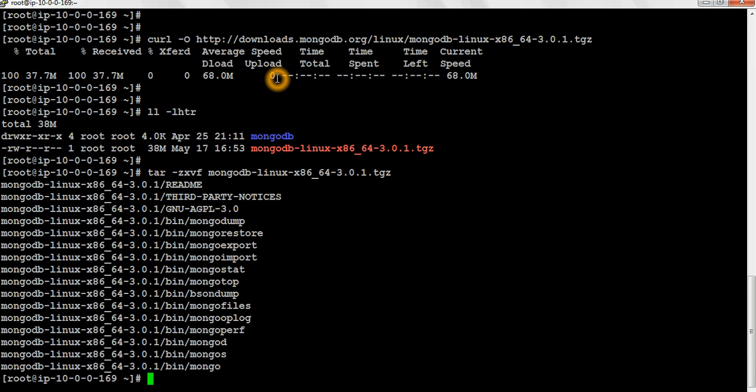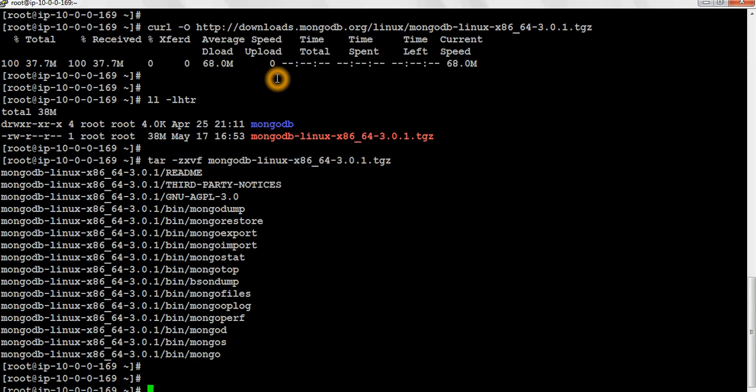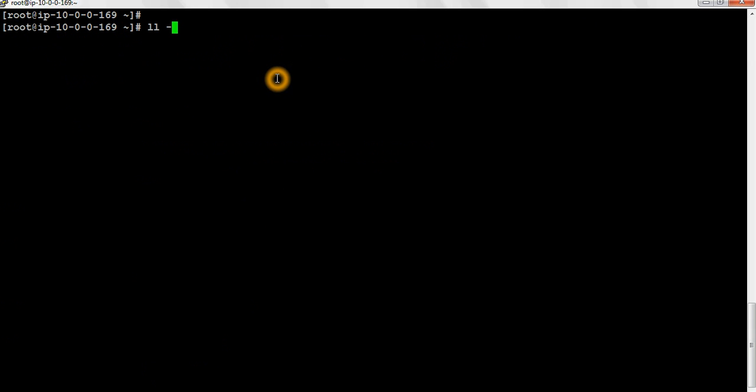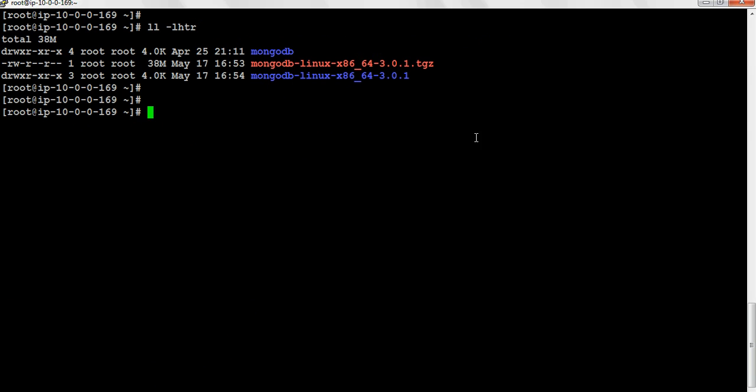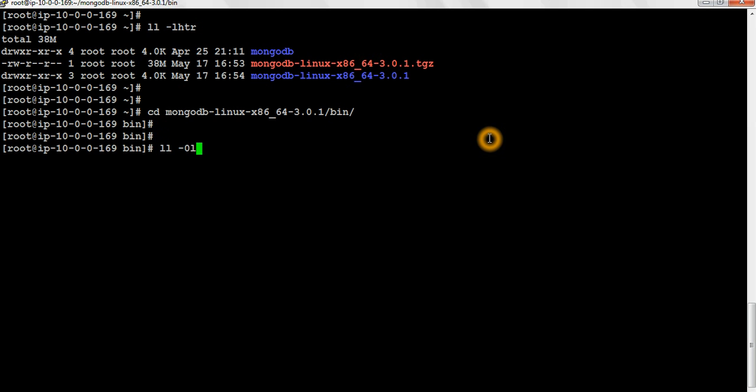So once we install this, it will create a folder. Under this you see a folder called bin. So you have all the utilities. Start the